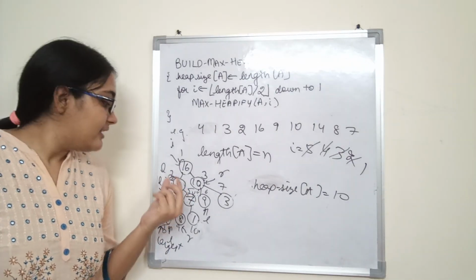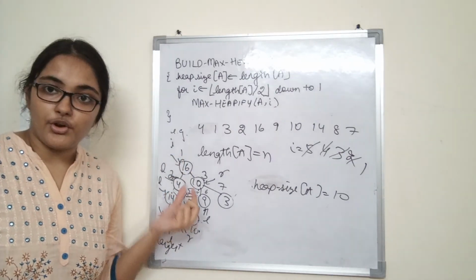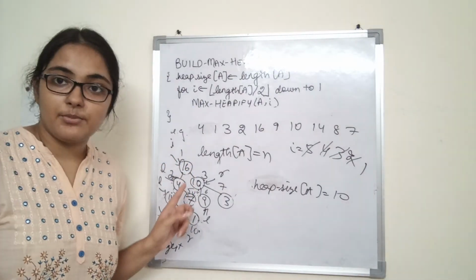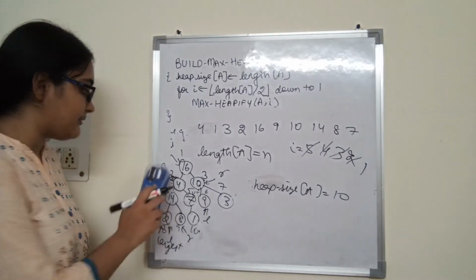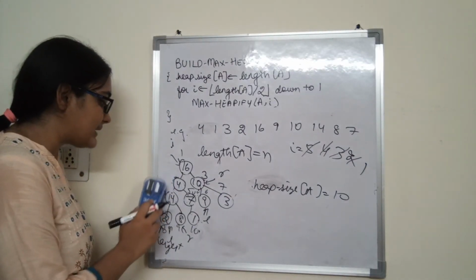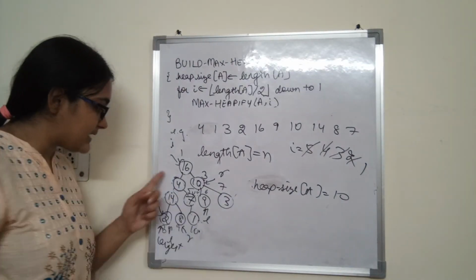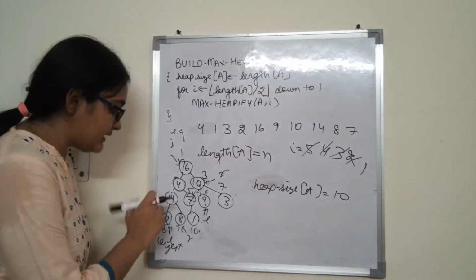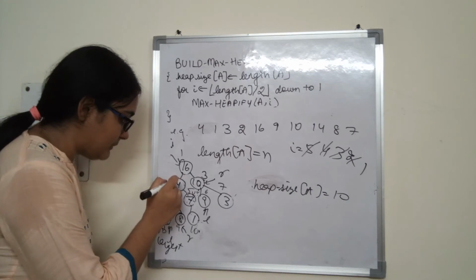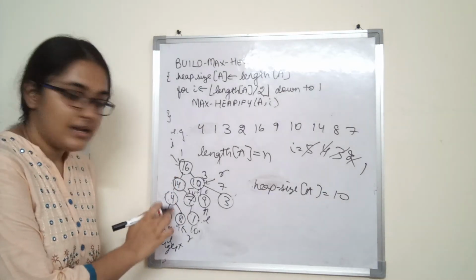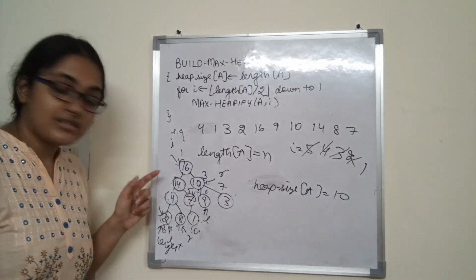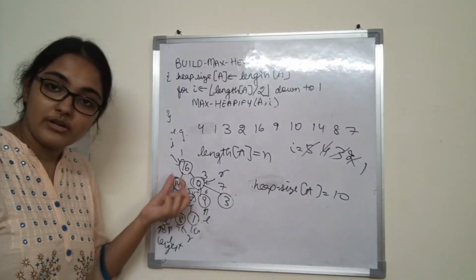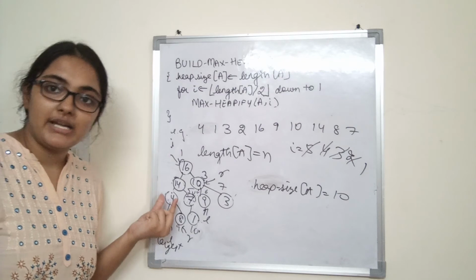Alright. Why? The floating down of 4 or the exchange of 4 might have caused the left subtree to violate the property of max heap. So we call max heapify on this. Now when we call max heapify on this, this becomes I, this becomes L, this becomes R. Which one is the largest? 14. This one is the largest, so these two will be exchanged. 4 will come down here. Now I and largest will not be the same. Largest would have pointed here, so these would exchange and max heapify will be called here.